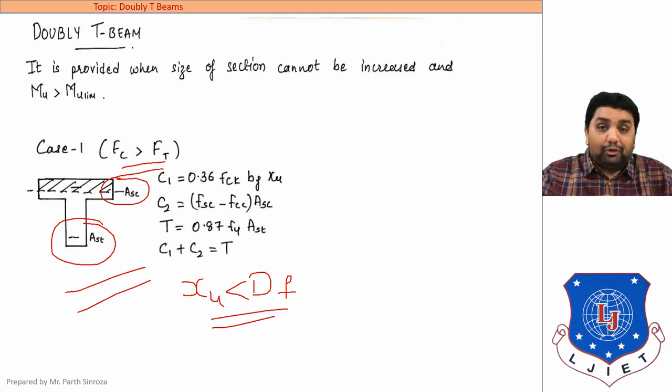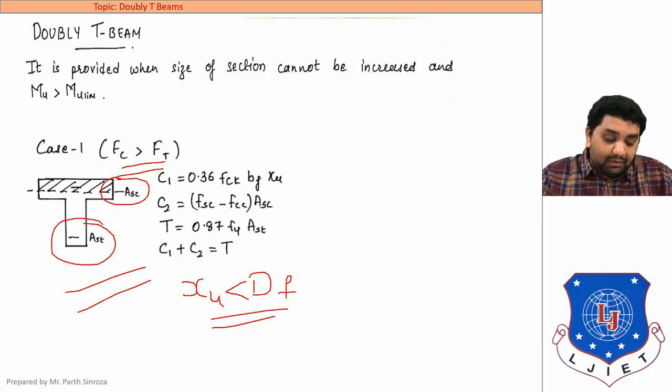Now the basic difference here from the previous cases is that the equations are not directly prescribed in our IS code. In the previous videos we have seen that we were discussing the clauses G2.1, G2.2 and G2.3. Those clauses were specified only for singly T sections. For WT sections there is nothing prescribed in our IS code. We will be using these equations to solve our numerical portion, that is analysis and design. We will be seeing both analysis and design in this video.